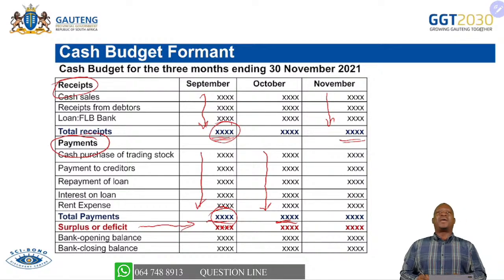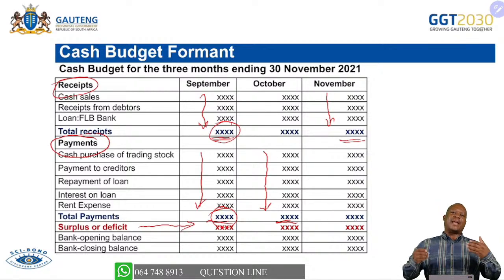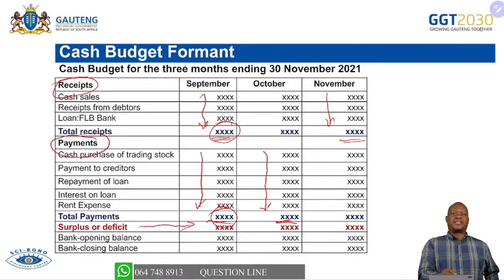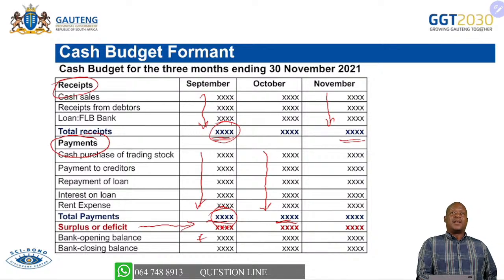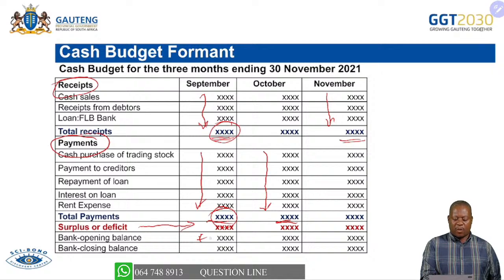And then the opening balance is the bank balance when the month starts. Now, let's start with September. This is how we go. We go to September first and have a balance, right? So if the balance for September, we add the surplus that we have made there, we are going to have the closing balance. And then the closing balance for the month of September becomes the opening balance for the